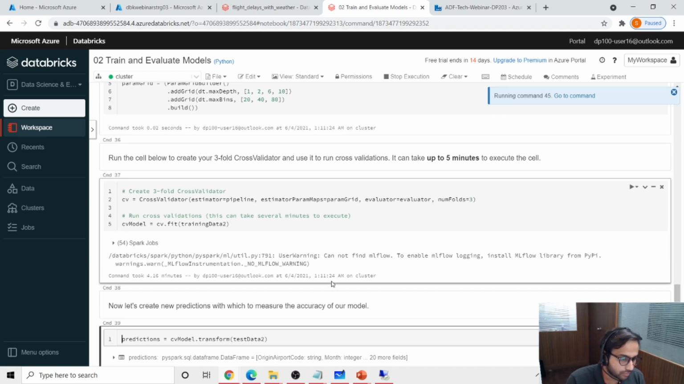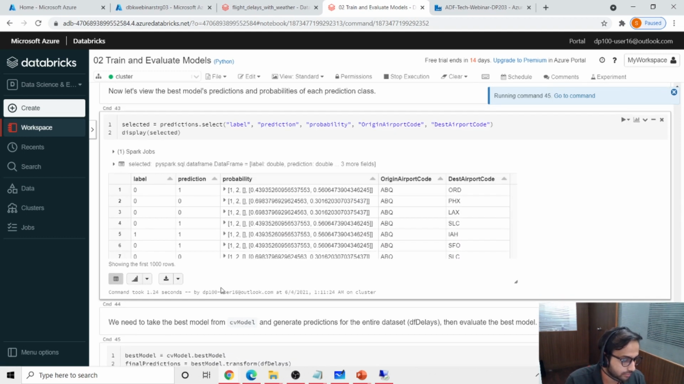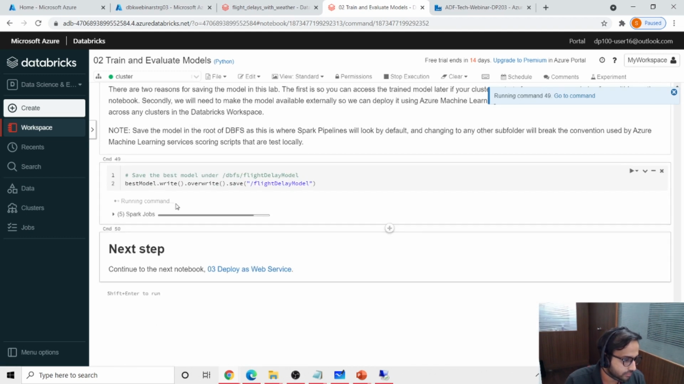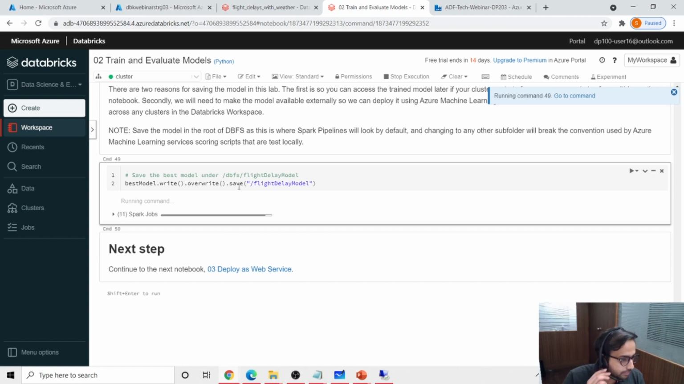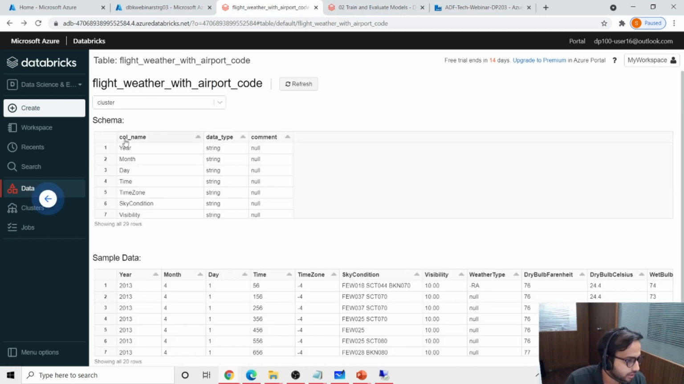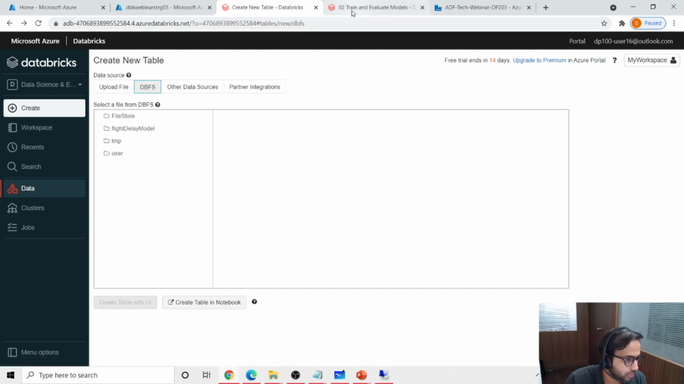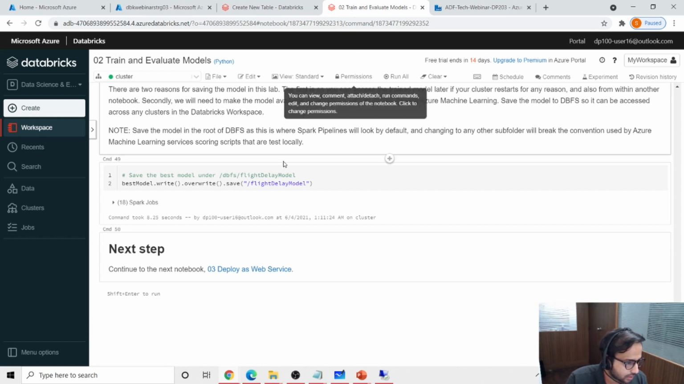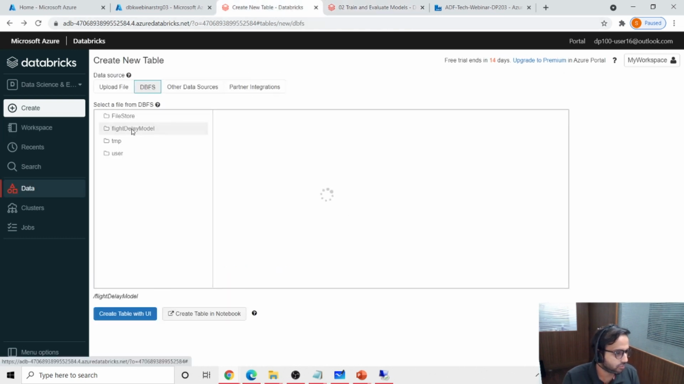So that part is being done right now, and I think this is done. Okay, the model is saved locally in DBFS, so it should be somewhere in the DBFS by now. If we go to DBFS, DBFS is the local file system of Databricks, the Databricks file system. So it's in the folder flight delay model. Okay, so if I just click on that,